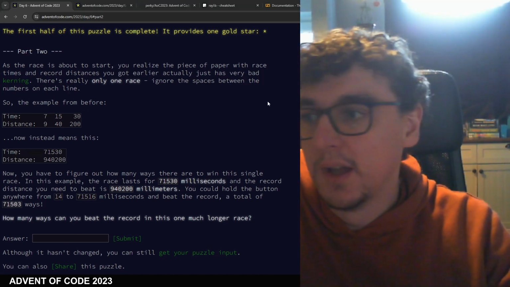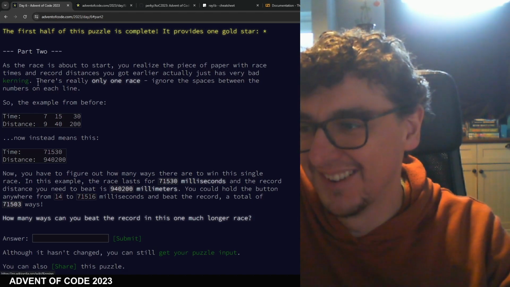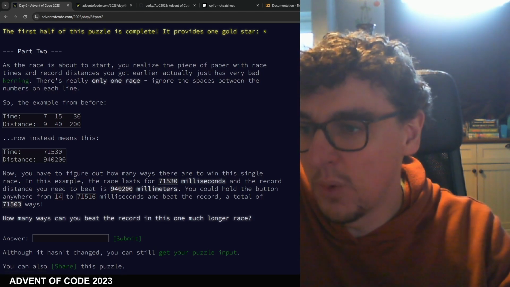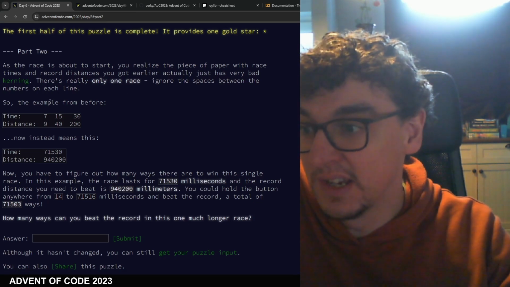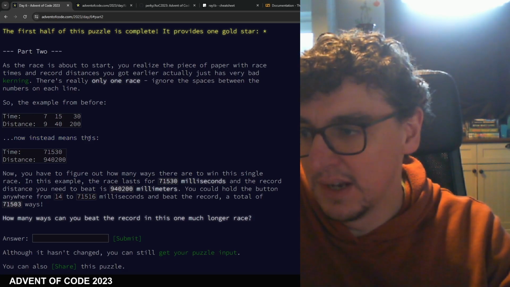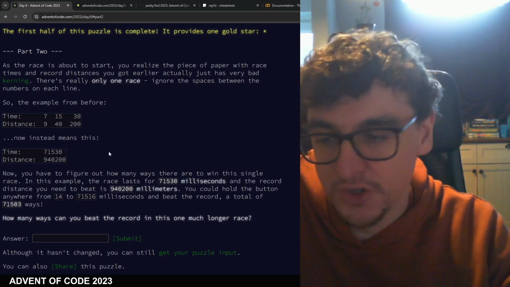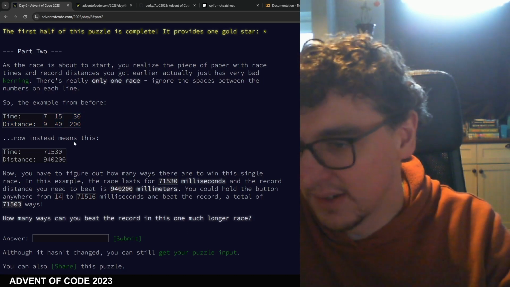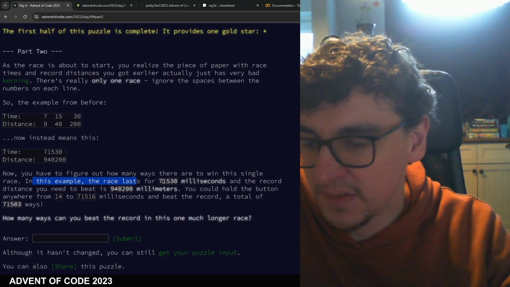Let's have a look. As the race is about to start, you realise that the piece of paper with race times and record distances you got earlier actually just has very bad kerning. Okay, there's really only one race. Ignore the spaces between the numbers on each line. Aha. Now this means this. So actually that function we made to loop over wasn't even needed. Now you have to figure out how many ways there are in this single race. In this example, the race lasts for